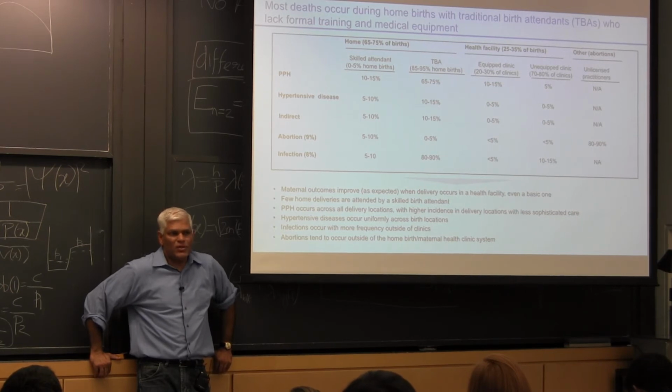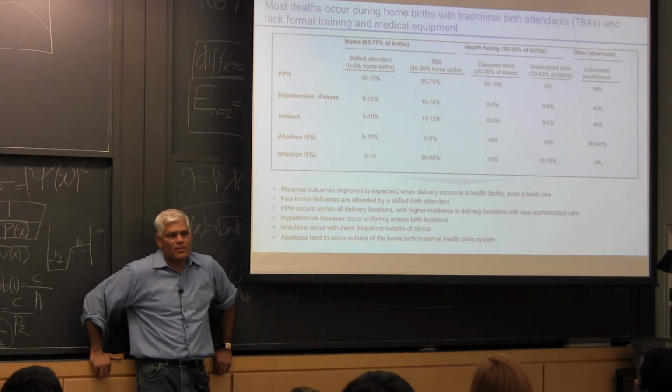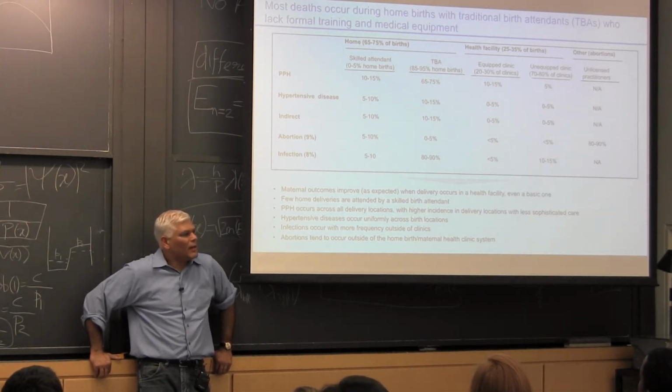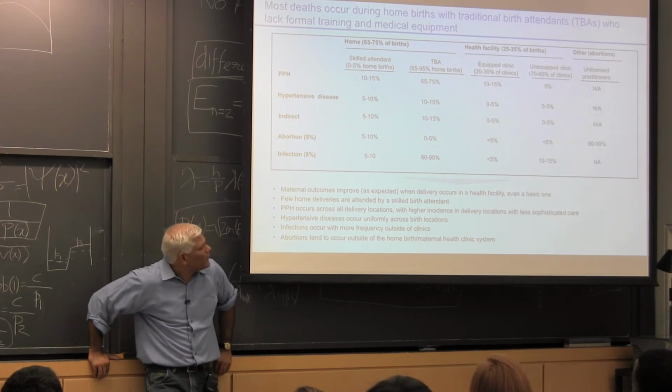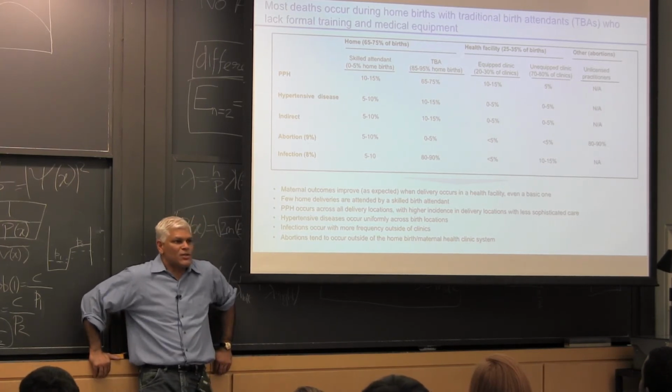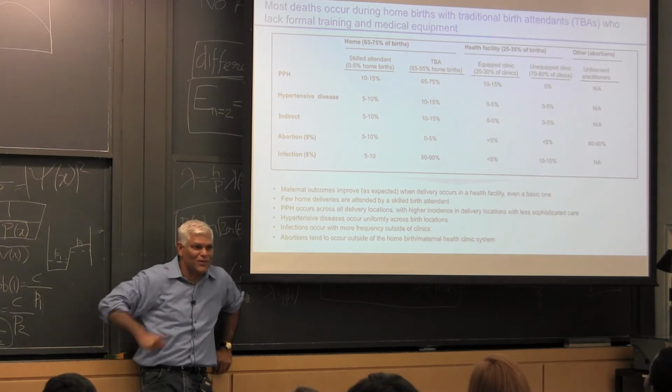Yes and no. There are two columns that are anomalous. The first row and the bottom row don't agree with each other. The PPH row and infection row disagree on the health facility. Yeah, good point. The thing with the health facility is you'll see some pictures of a health facility. I'm sure you've actually been to some of these things, right?